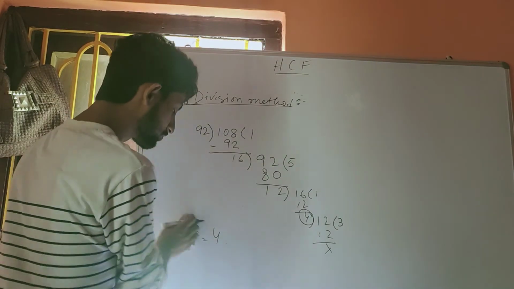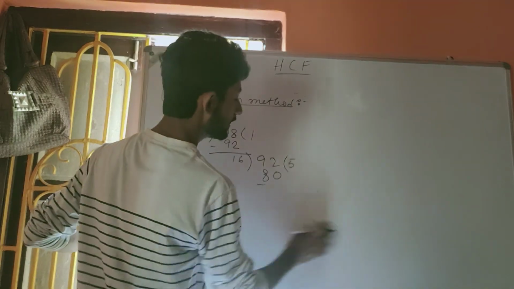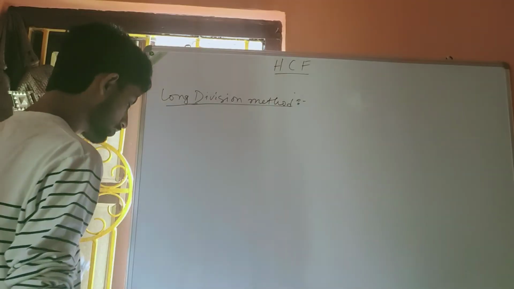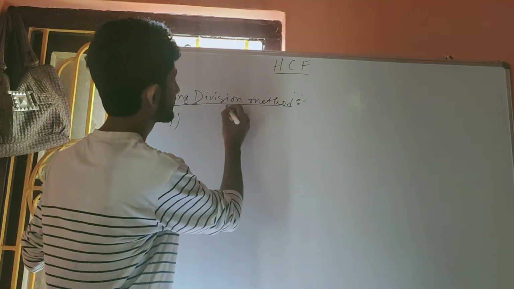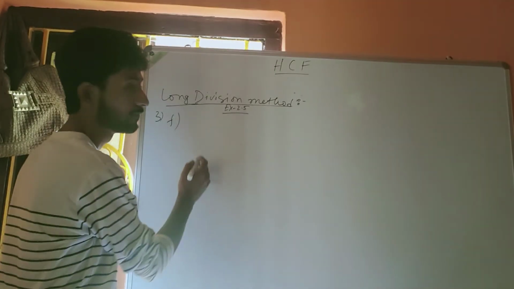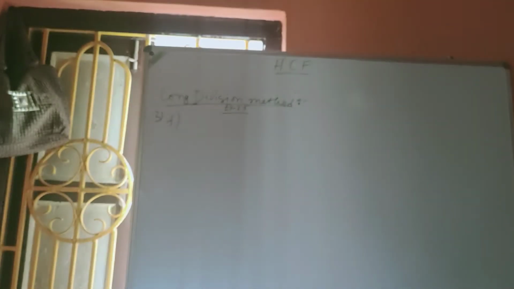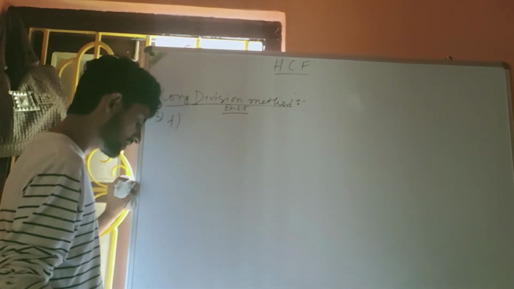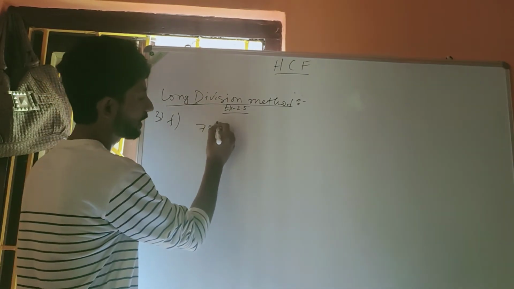Okay, if there are a total of 3 numbers, then how will we solve it? Look at the question number F. How will we solve it? Exercise number 2.5. Look at question number 3F. So how will you solve it? There is just one method.